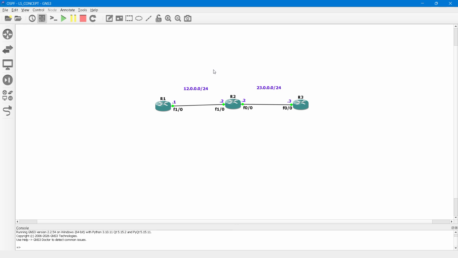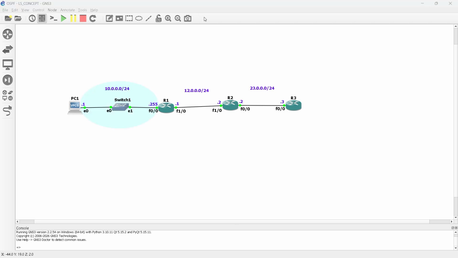Right? Makes sense? Now let us do the lab. For this, let me pull out the extended topology. Okay, so this is our extended topology. If I want to summarize, on FastEthernet 0/0, we have given the network 10.0.0.255 acting as a default gateway for our PC1, and PC1 is configured with the IP address 10.0.0.1. Great. Now we will make this interface passive, but before that,